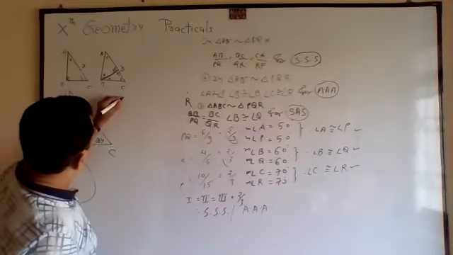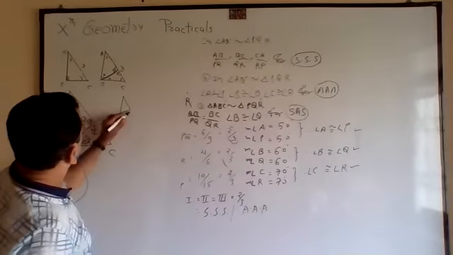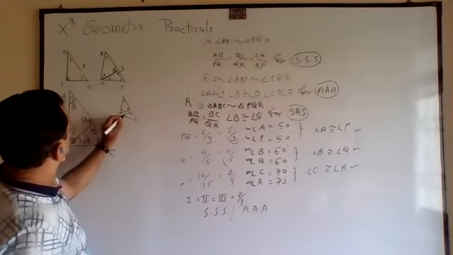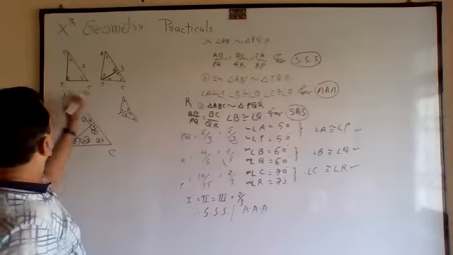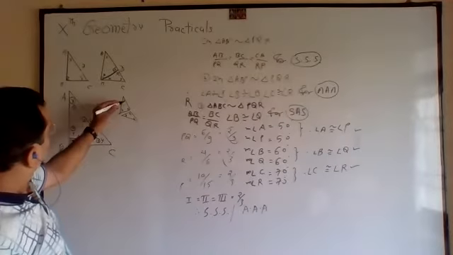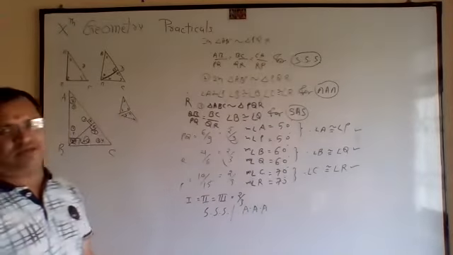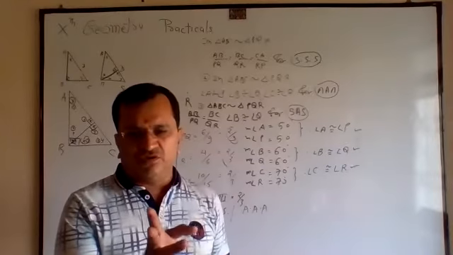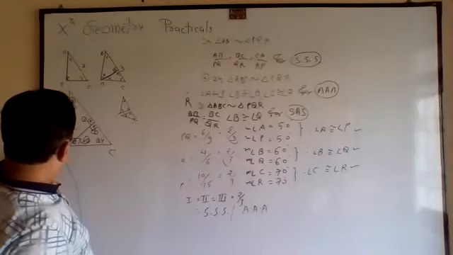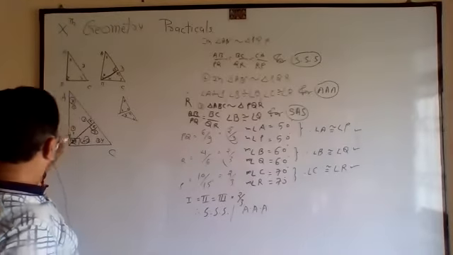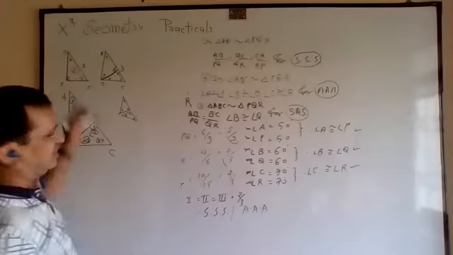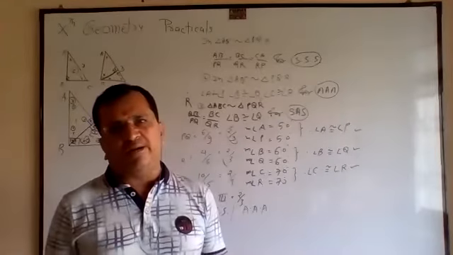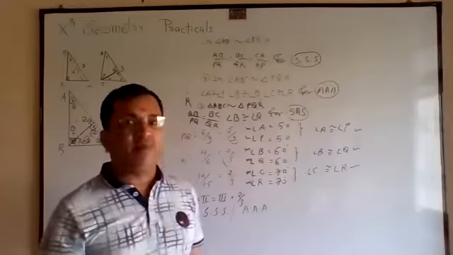When you cut this: z, z, x, y, x, y. So here x, y, z, here x, y, z, and here x, y, z. When you put x, x, x together, it will be equal. So practically it is proved that in a right angle triangle, when you draw the altitude to the hypotenuse, the first, the second, and the triangle itself, all three triangles are similar to each other. By observing the cutting, you have to prove it, not by writing.